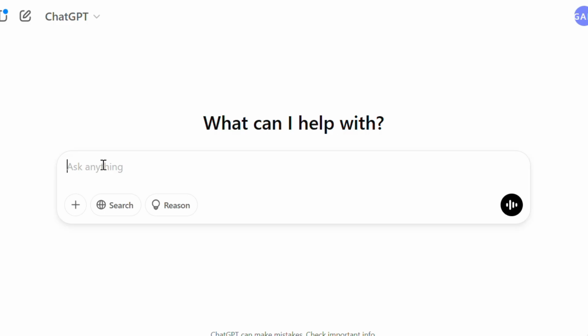Now let us consider another example. Suppose you need to explain the causes and consequences of World War I to a history class. So for that purpose, if I use ChatGPT, then I can write a prompt like: explain